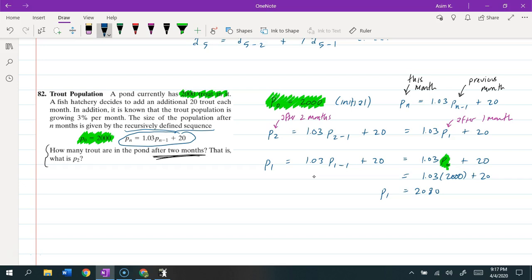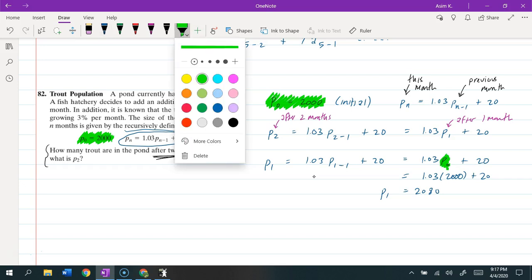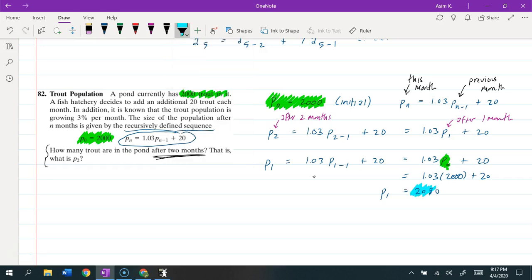So you know that this is 2,080. And now that you know that this is 2,080, where does that take you? With you knowing that this first month is now 2,080, you can take it back and plug in for that formula, and that's why I left that little bit of space there. So you can say